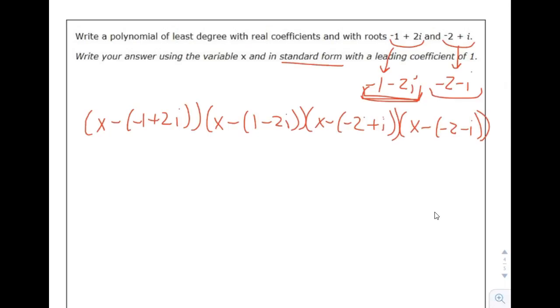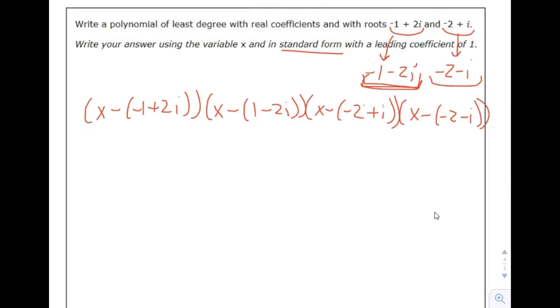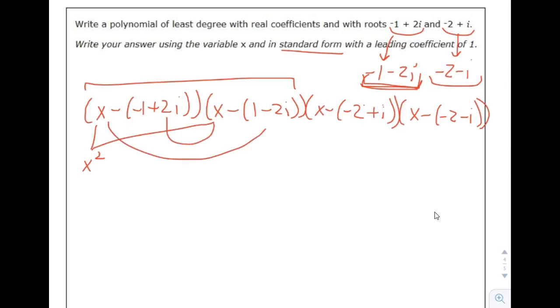which means it's going to be a polynomial with descending x exponents. So first thing I'm going to do is multiply these two together. And remember that when you multiply together conjugate pairs, you can get rid of the imaginary parts of the complex numbers, okay? So I'm going to do FOIL. Here I'm going to get x squared, right? If I do this and this, and I multiply those two together, add them together, then the conjugate pair, the imaginary parts cancel each other out, and what's left is only the